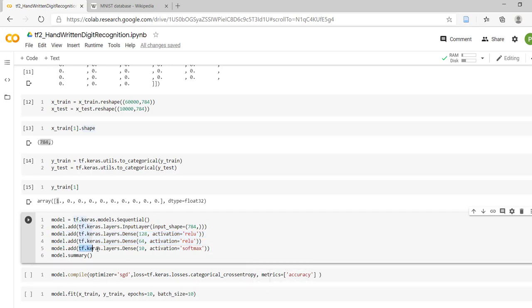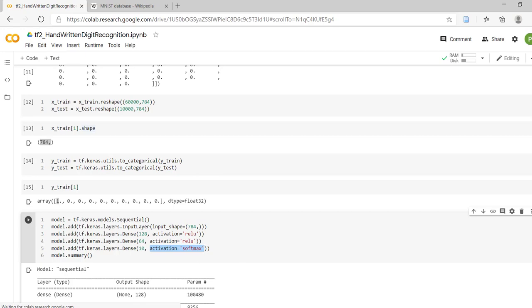For that we have again used tf.keras.layers.Dense. It will include 10 neurons, and remember this, we have used activation function as softmax since this is a multi-class classification problem. If this is a binary classification problem, then you can use activation function as sigmoid or tanh. But here we have a multi-class classification problem where the output will be 0, 1, 2, 3 up to 9. So we have used the softmax activation function.